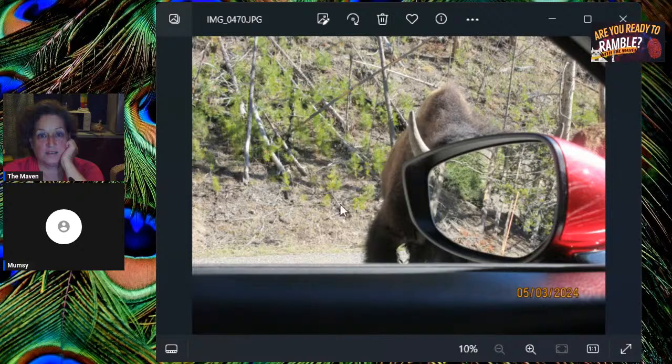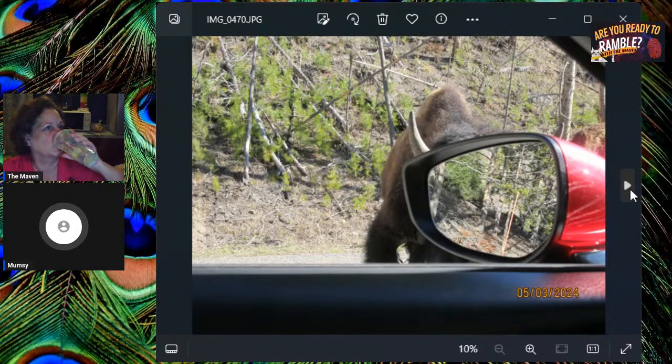Yeah, right there. And you weren't afraid he was going to headbutt the car or something? No. The car was red. So he probably came because it was red. I don't know if that's true or not about the bull. I don't know either. But anyhow, he did come over and he did get right up to the window. Thank God David had the window up. He's got a cleaner window than you.